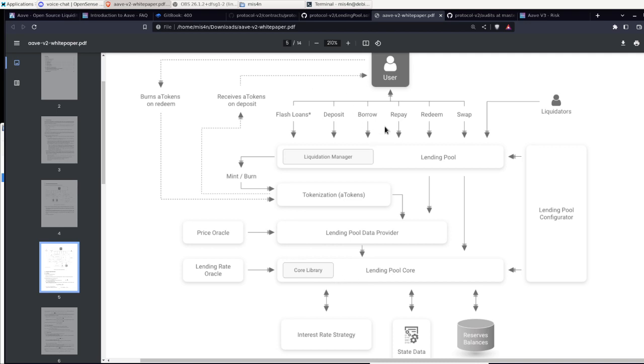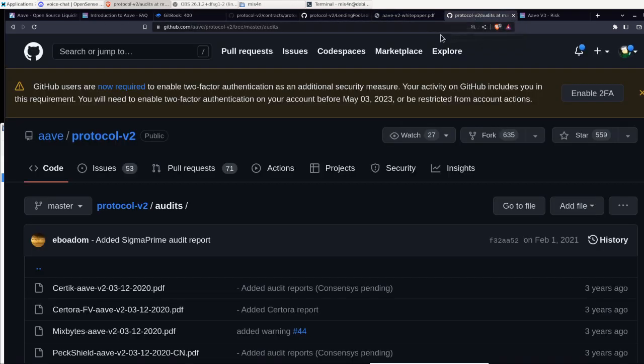I don't know if you need to repay the flash loan using the repay function. Yeah, no, that comes from the Solidity version for sure. I wonder if I pay the flash loans with the repay function. Let's take a look at the repay function.